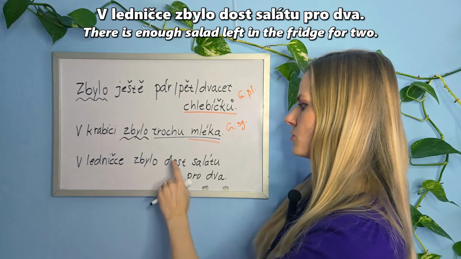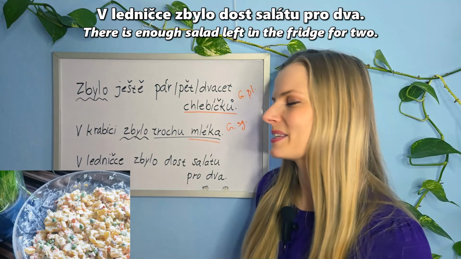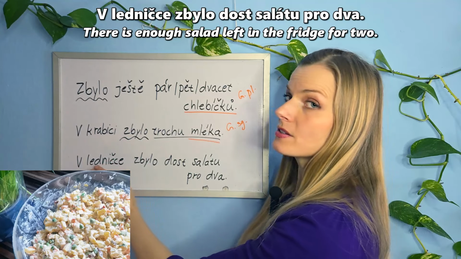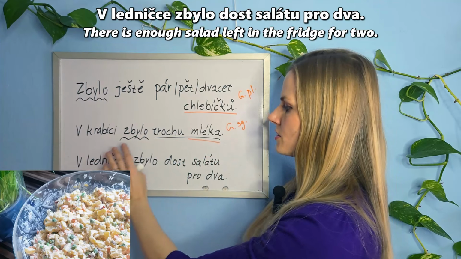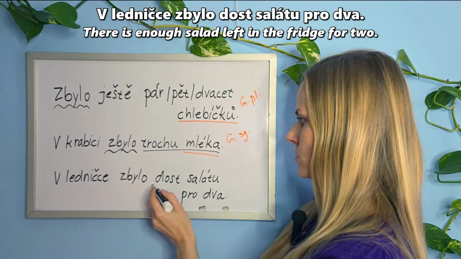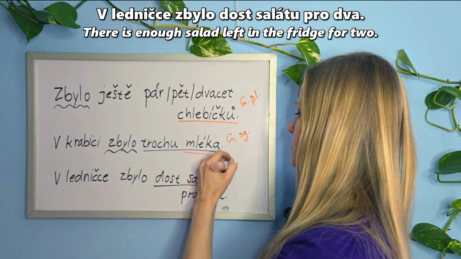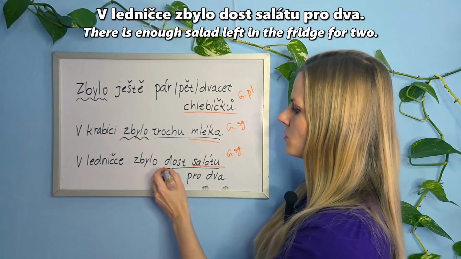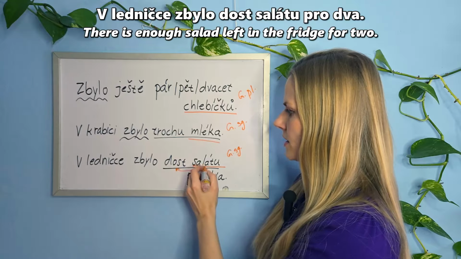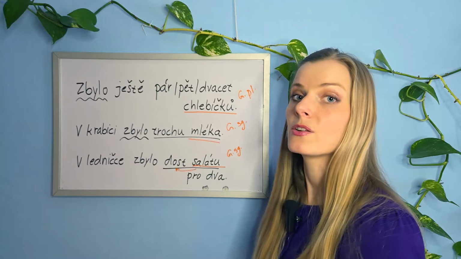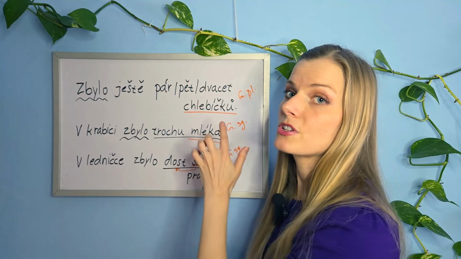V ledničce zbylo dost salátu pro 2. Salát. For example, the famous potato salad that the Czechs make for Christmas. In the fridge, there is enough salad left for 2. V ledničce zbylo dost salátu pro 2. Dost salátu, also genitive singular. It's uncountable, but because of the word dost, the keyword, dost salátu. Enough salad. Dost zbylo. And of course, if you remove these keywords, then there is no need for the genitive